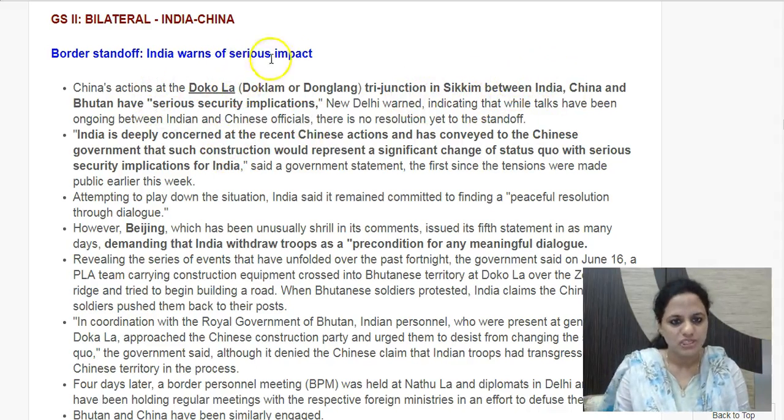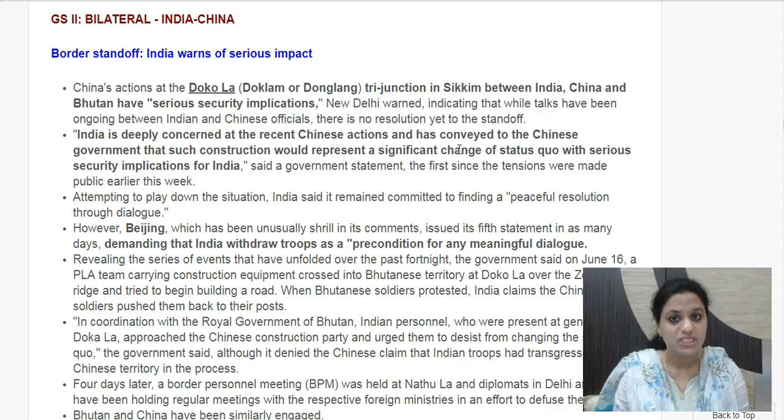So this is Dokola, which is also known as Doklam or Donglang in Chinese. This is a tri-junction in which the Indian state of Sikkim is there, with Tibet of China and Bhutan. All three are stakeholders here. And India is presently concerned because China started constructing a road in this region, to which Bhutan has objected, and India has also raised its objection because this region is strategically significant for us too, because it is very close to